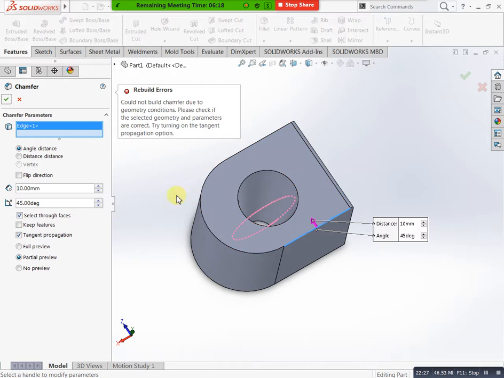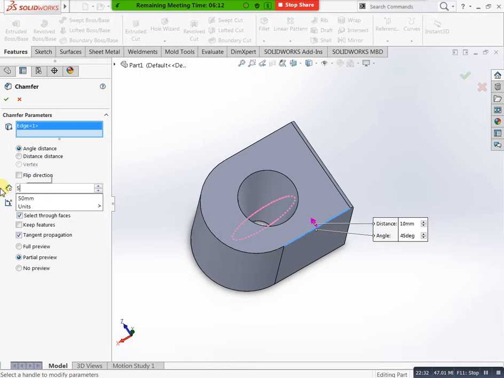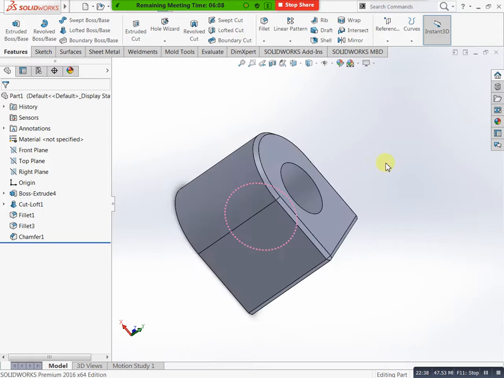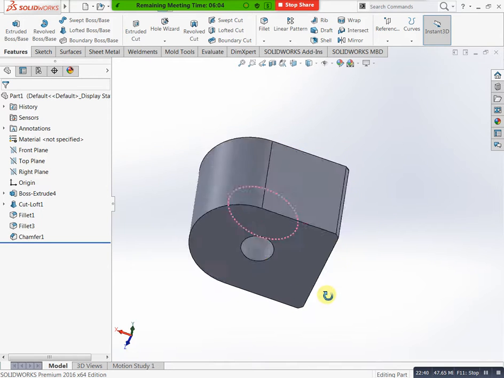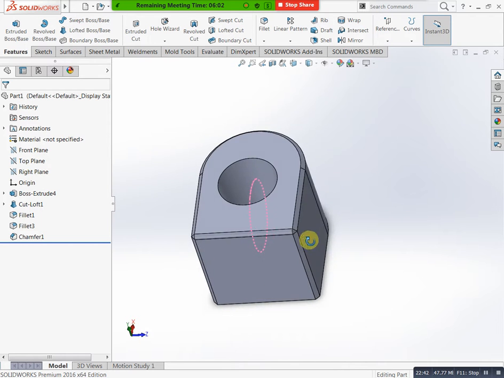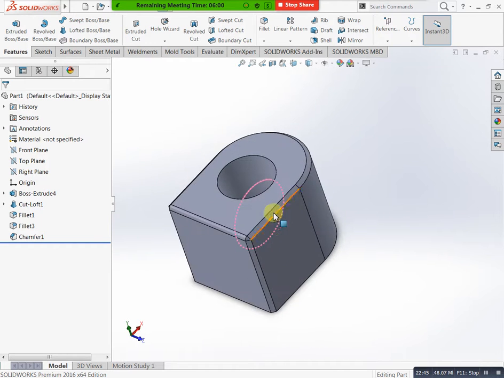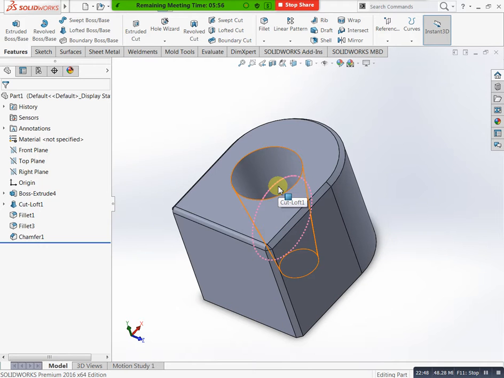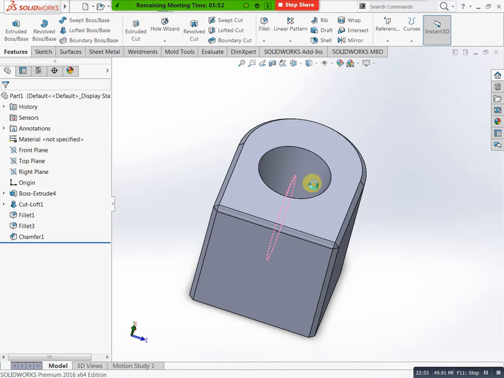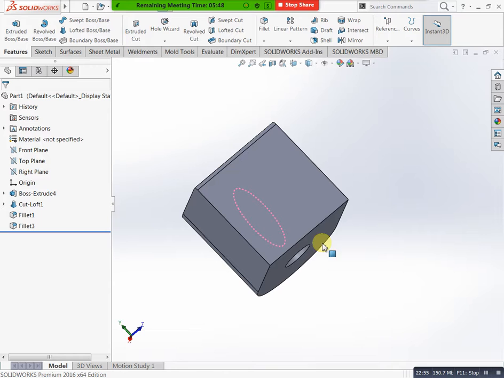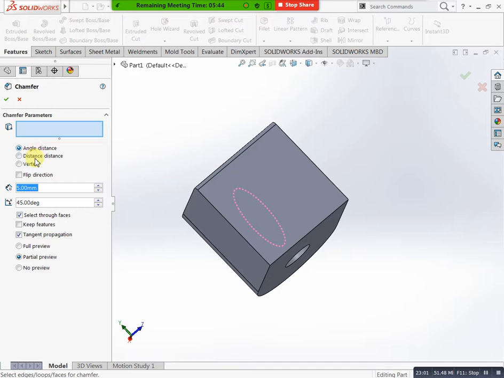Okay, already we know angle method and we applied also. Next you can go for distance method. In this distance method we need to mention both if you have equal distance or different distances. For example, if you have different distances, that condition you can mention d1 and d2. If you have both equal distance, that condition you can click on equal, then you can mention only one distance, that is enough. Okay, chamfering purpose, enough that one. Next, for example, I don't have equal distance, I have different distance. You can select like that, then you can do finish. See, here we have chamfer.